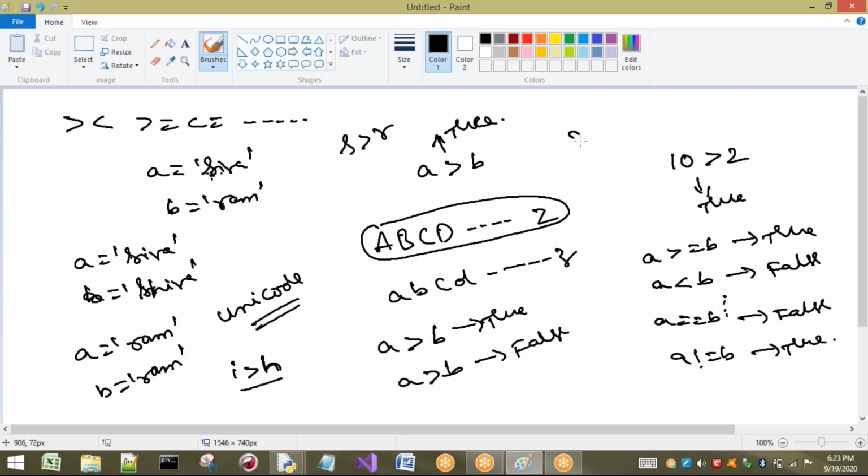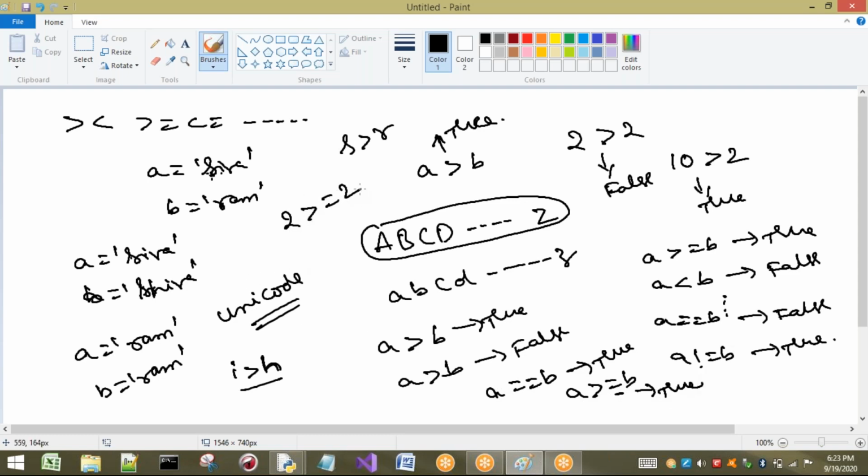That is nothing but, is 2 greater than 2? No, it is false. In the same way, if the same strings are compared and I ask A equal to B, then we are going to get true. For example, A greater than or equal to B. Yes, equal to is there, so this is also true. That means, is 2 greater than or equal to 2? Yes. It is not greater, but it is equal to. So this gives you true only. These are the examples we can consider for this comparison operator.